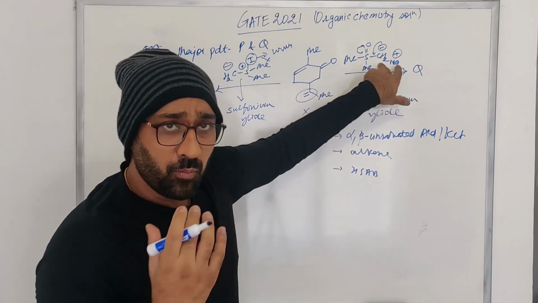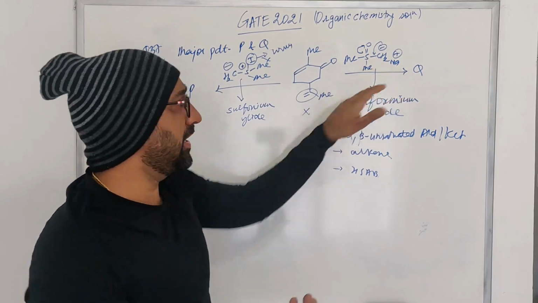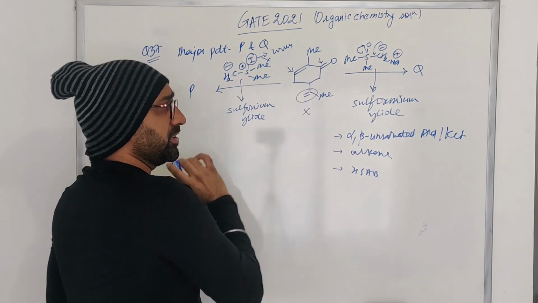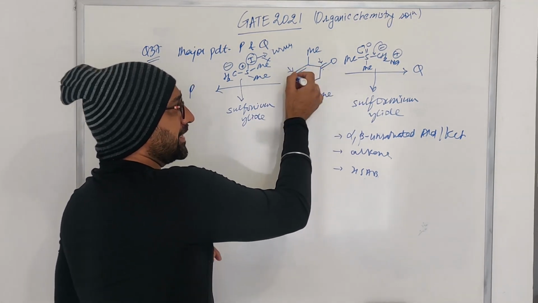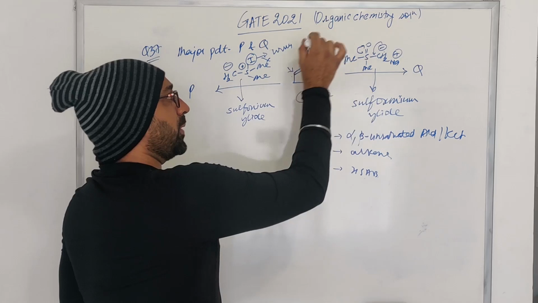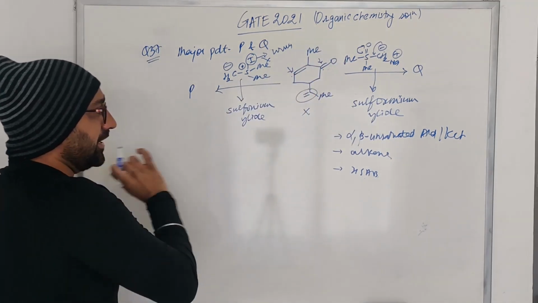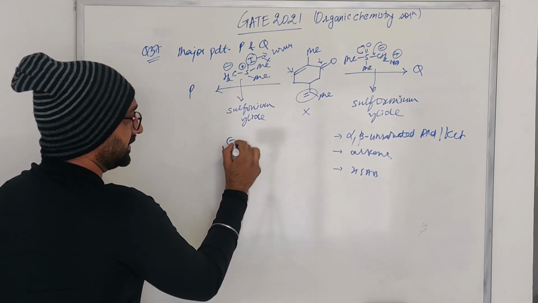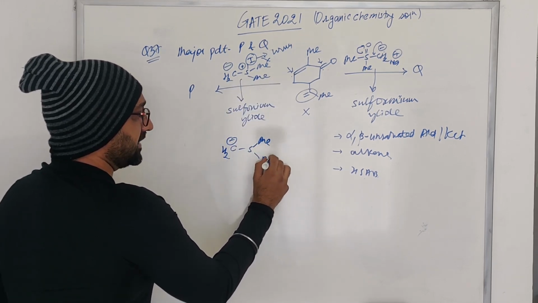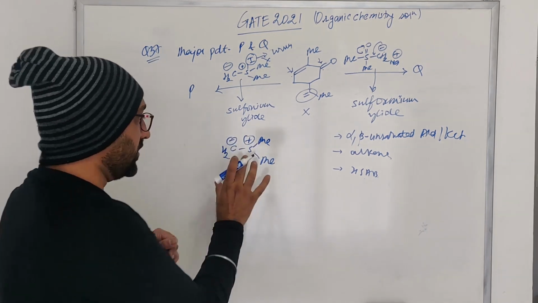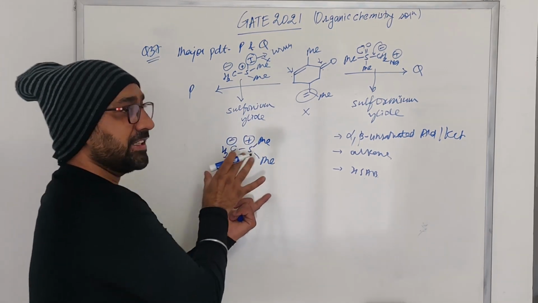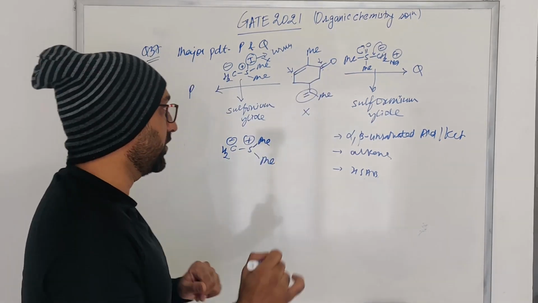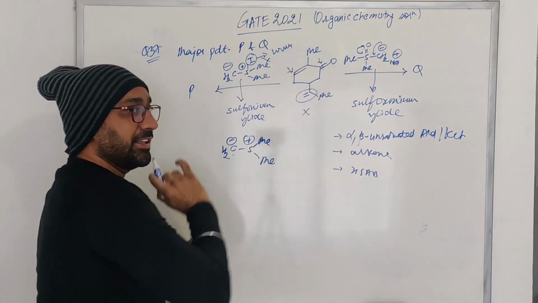Now, since this is more stabilized, right? It means it's a soft center, and if we compare the carbon-carbon double bond position with this carbon position, this is the hard center as compared to this one. So a soft center prefers to react at the soft site. Similarly, with the sulfonium halide, there are no such factors. This is sulfonium halide, right? So there is no such stabilizing factor here. As a result, sulfonium halides tend to react directly at this center. So this can also be explained on the basis of the HSAB theory, because this is the hard center, it tends to react with the hard center.